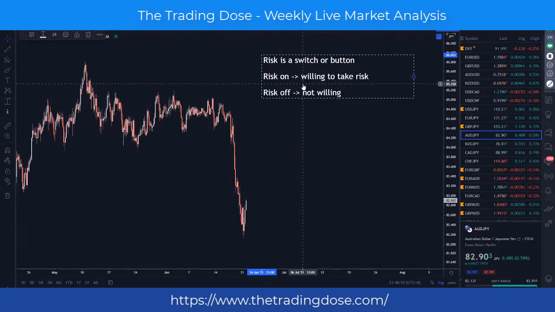Most of the time it is because the market environment is rather certain, things are looking good, the outlook is positive. Then you're willing to take a little bit more risk. But if there is a lot of uncertainty, some panic, some fear in the market, and you're not sure what's going to happen, that's where you are going to be protective of your capital. And that's where we say that's a risk-off environment. So if you take a look at March 2020, where we had a global lockdown and this pandemic rising, there was a lot of uncertainty in the environment, and that's what we call a risk-off environment.